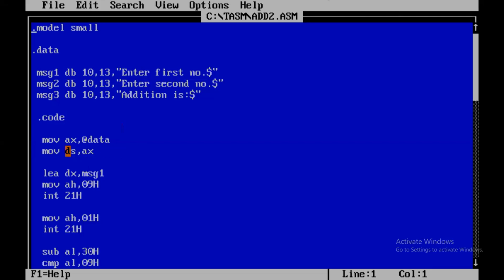Now I have taken MOV as an opcode. MOV ही instruction आहे. AX is nothing but your register and you are moving the data. @data मी का घेतलेला आहे की कारण मी डेटा तिथून इनपुट करून घेणार आहे, युजर कडनं इनपुट करून घेणार आहे, that's why. Okay, now MOV DS, AX. मग हा डिस्प्लेसमेंट स्टोरेज आहे. DS जे घेतलंय मी, तर AX मधला डेटा परत DS मध्ये जाणार.